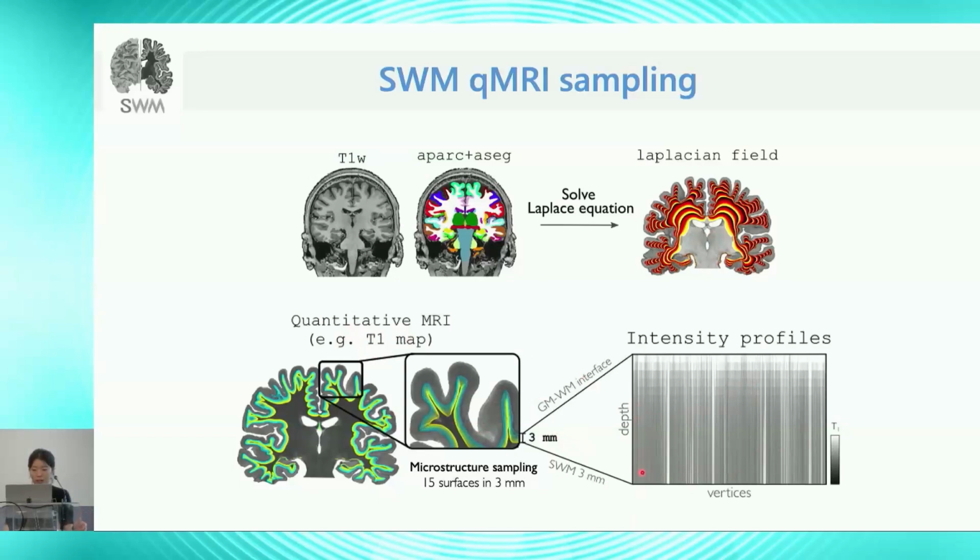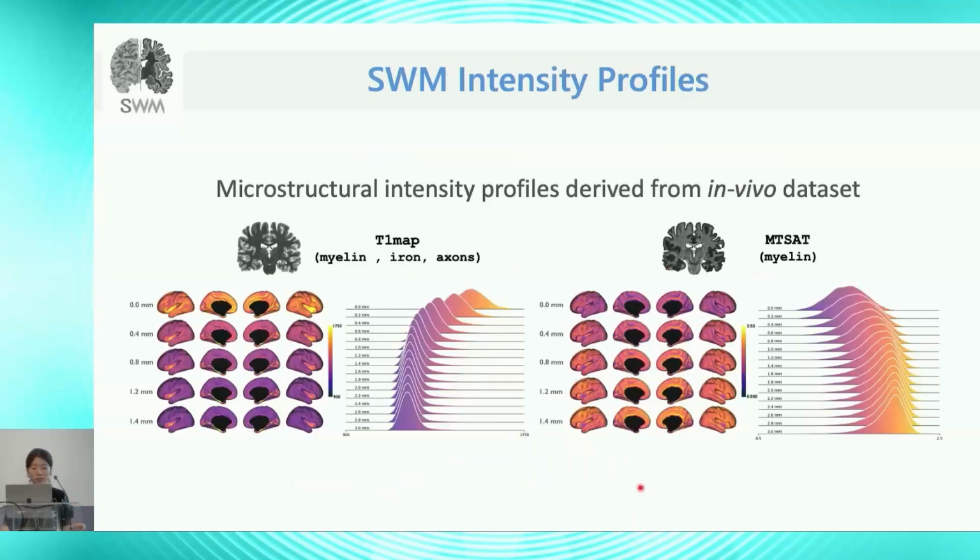And the y-axis represents the white matter depth, and the x-axis represents the surface vertices. This profile explains the intensity transitions across this superficial white matter region. So we observed that the intensity profiles of T1 map and MTSAT vary along the depth of the superficial white matter. Both T1 map and MTSAT exhibit distinct intensity changes between 0 millimeter to 2 millimeter in depth, here and here,